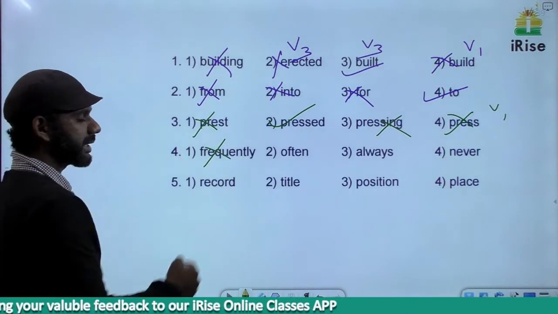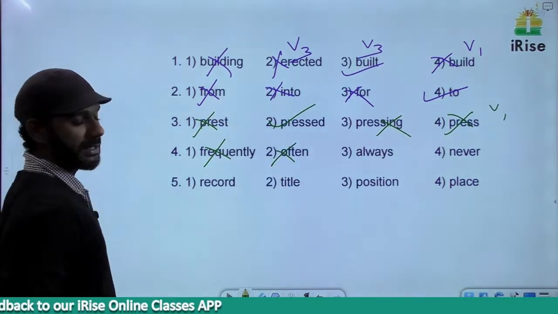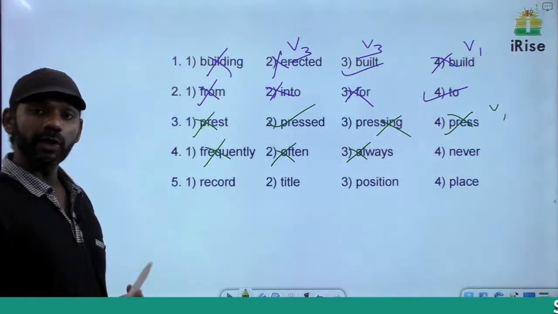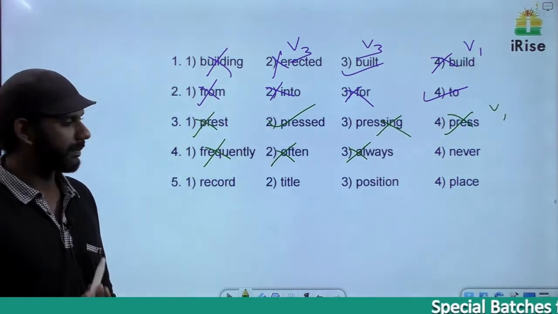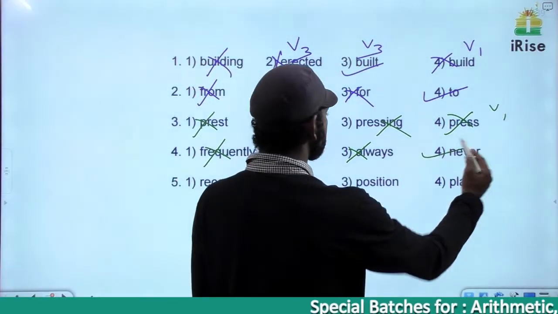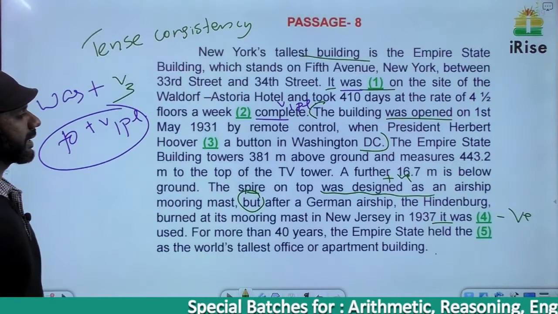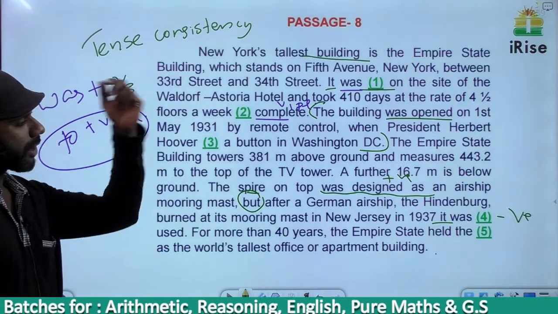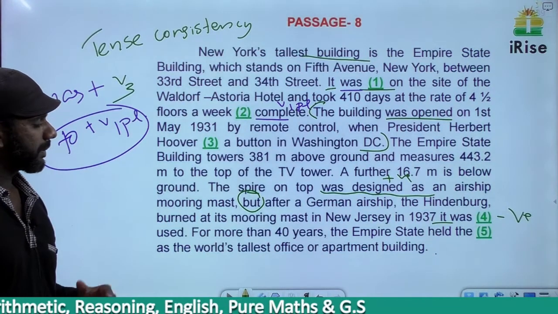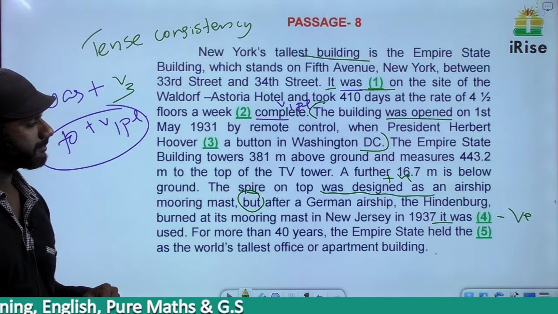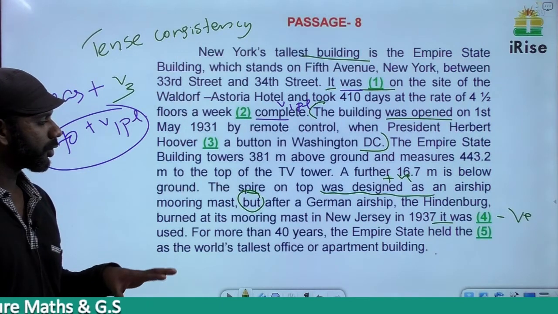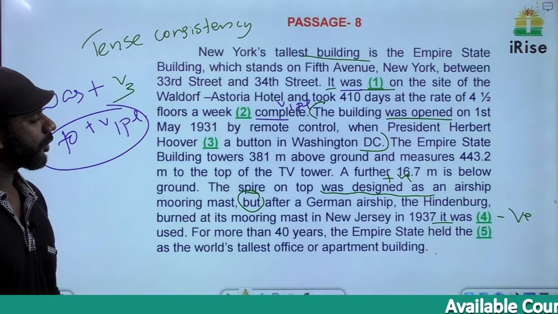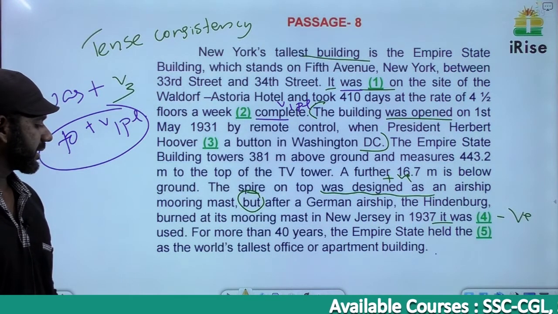Based on that, frequently eliminated, positive. Often eliminated, positive. Always eliminated, positive. In fact, frequently, often and always almost mean the same. Gone. The answer must be never, negatively charged. Now we'll read the sentence once again and see whether it makes sense or not. Further, I'll start from here. The spire on top was designed as an airship mooring mast, but after a German airship, the Hindenburg, burned at its mooring mast in New Jersey in 1937, it was never used. Makes sense. For more than 40 years, the Empire State held the dash